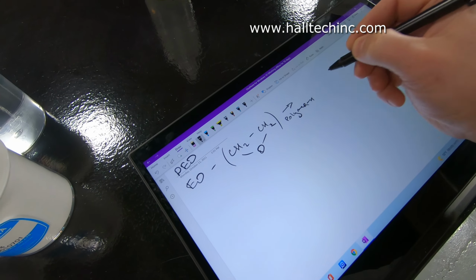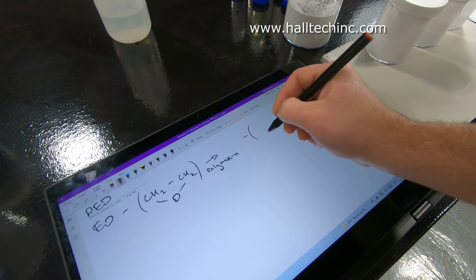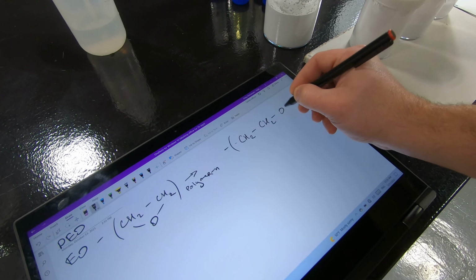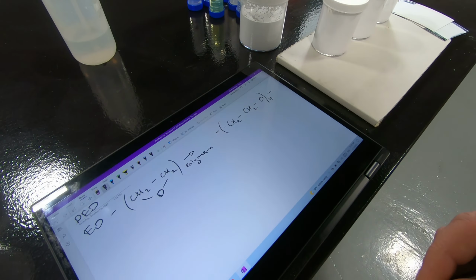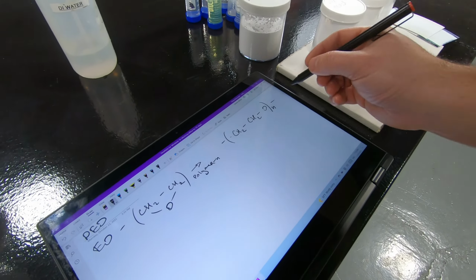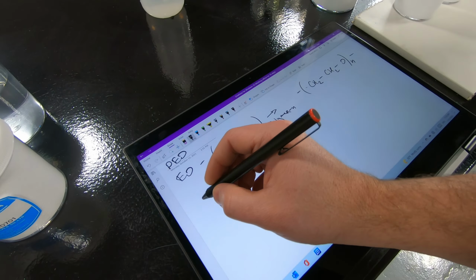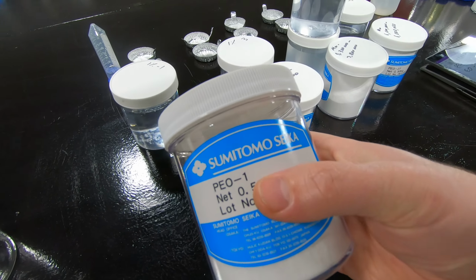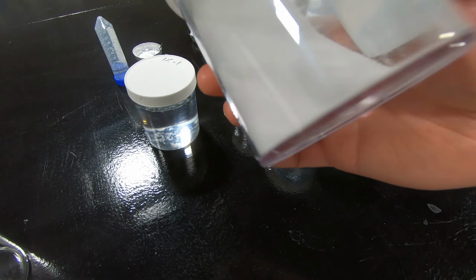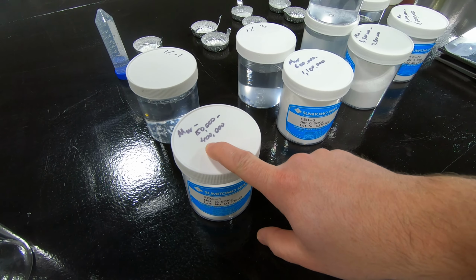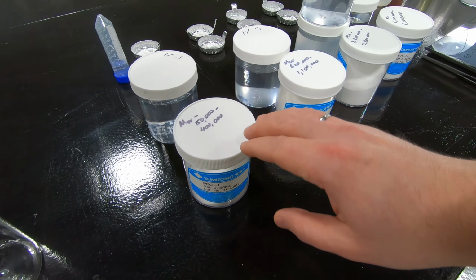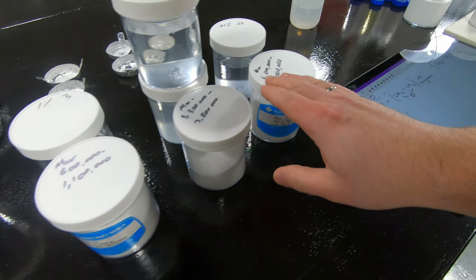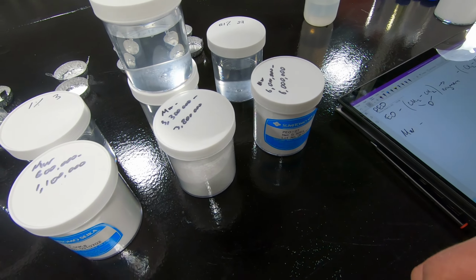the polymer itself can be synthesized in different molecular weight, and the polymer chain looks like this, and depending on the number of the N, the MW molecular weight can be different. Okay, thanks to the Japanese company SUMITOMO SEIKA, we have different grades of polyethylene oxide, and from low MW to greater molecular weight. This one has 150,000 to 400,000 range, and this one's higher, up to 6 million